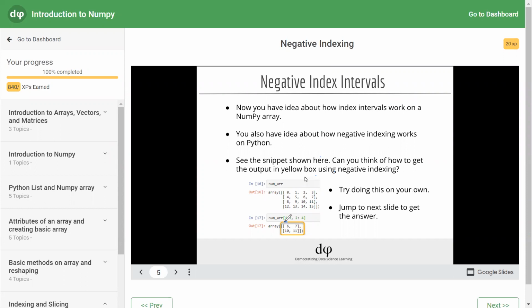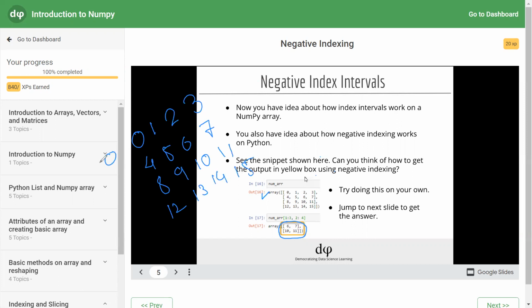We have to access 6, 7, 10, 11 using negative indexing on this array. So what is the array? 0, 1, 2, 3, then 4, 5, 6, 7, then 8, 9, 10, 11, then 12, 13, 14, 15.